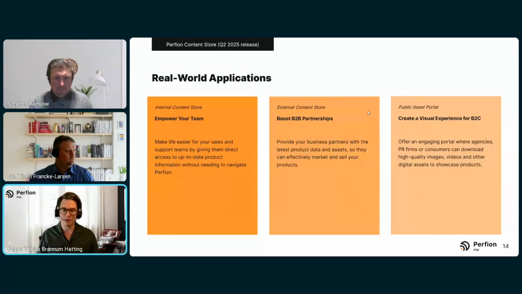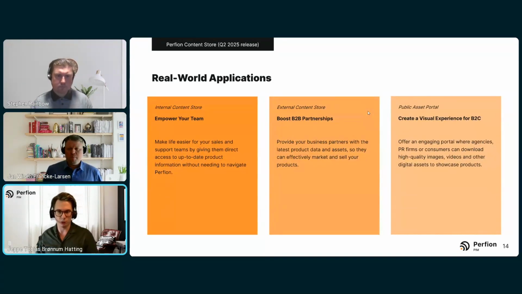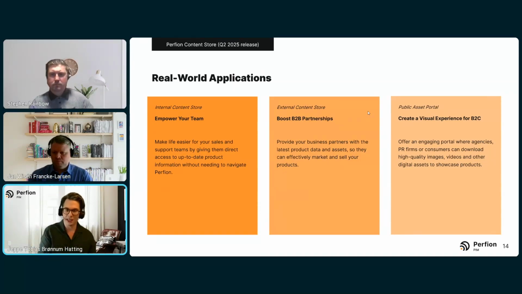So when we designed this, we had three main use cases in mind. There are many ways this can be used, but these are the three main areas where we wanted to work. The first one is an internal content store within your own company. You have a marketing department, a sales department, a back-end office who all work together and need your product data. We want to make sure that the content store is a good solution for you guys